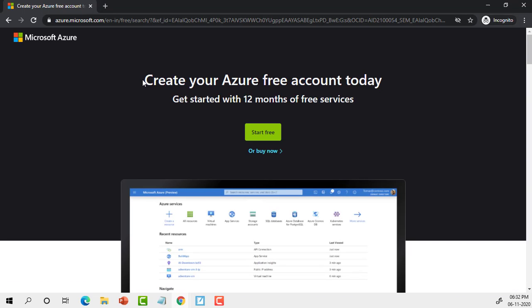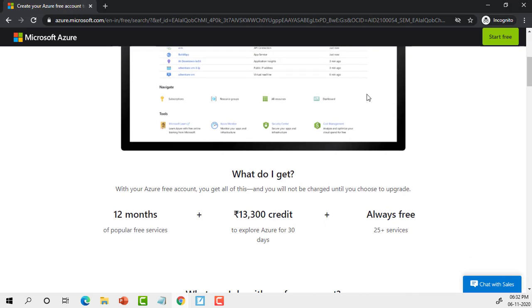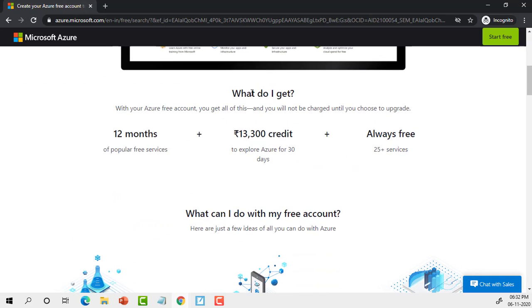Now we will be redirected to the Microsoft Azure account creation page. Create your free account today with 12 months of free services. If you scroll a little bit down, what are the things you will get? With your free Azure account, you will get 12 months of popular free services in Azure, and you will be credited with